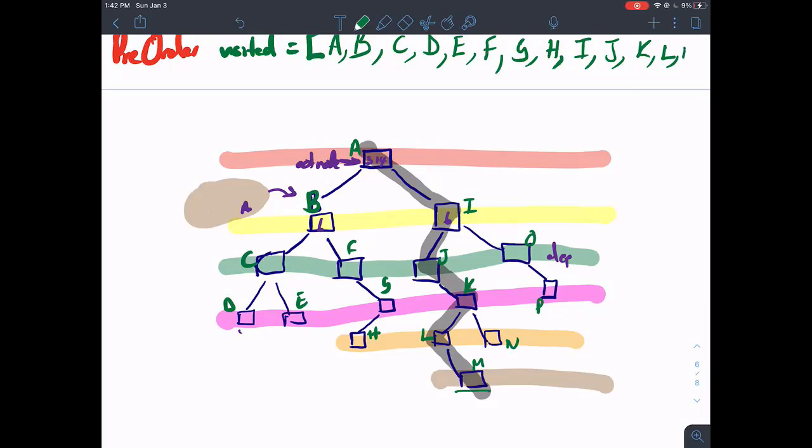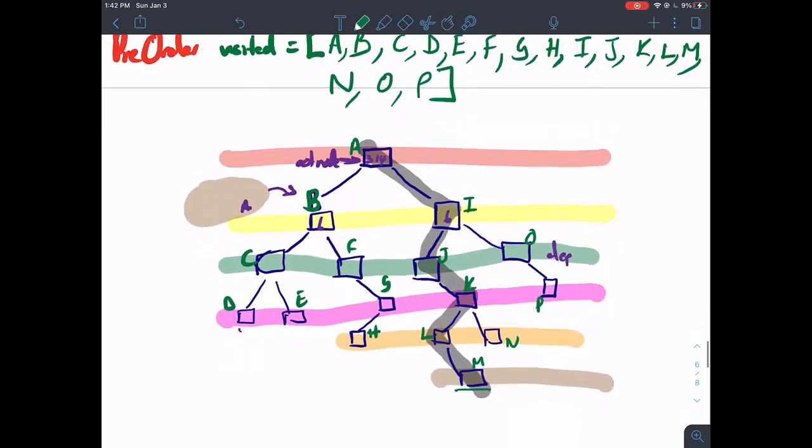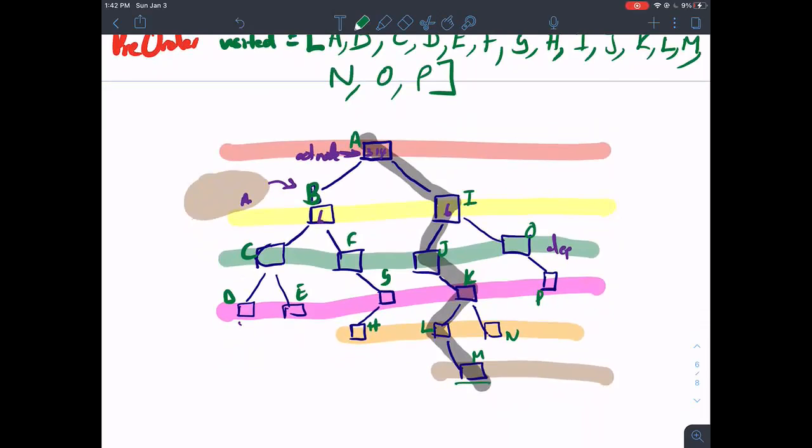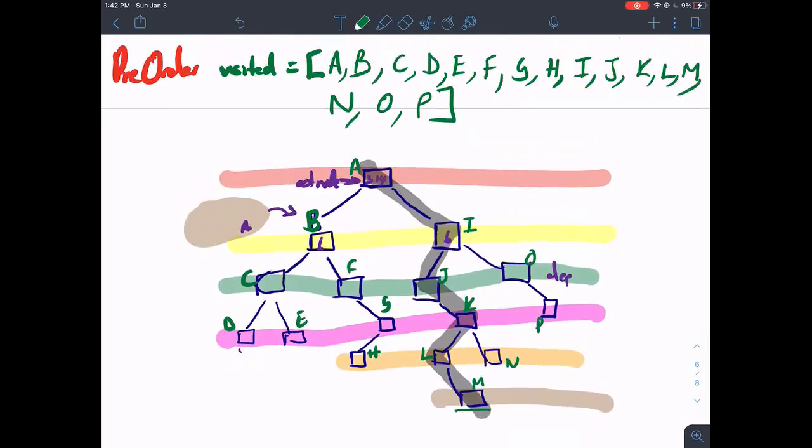And then we have what? M, then we have what? N. But then we got what? To O and P. So basically, how I named these things, I was just naming them going in this order. How I named these letters to start with was a pre-order traversal. So these are just the letters of the alphabet in that order. A, B, C, D, F, G, okay. M, N, O, P, whatever. Okay. So now